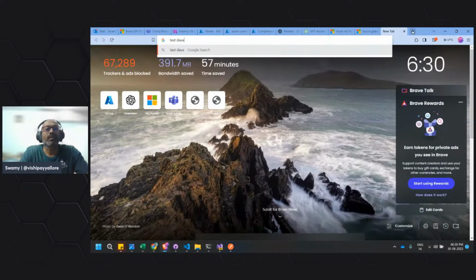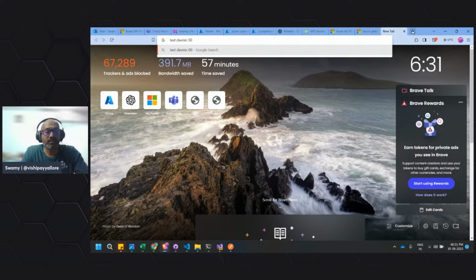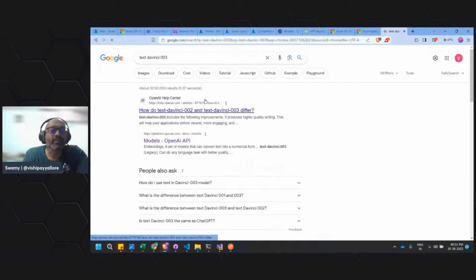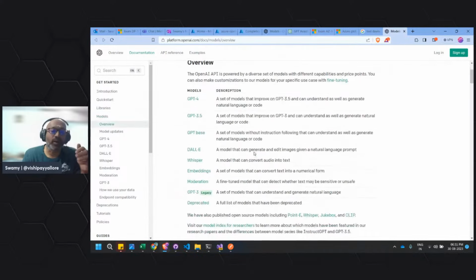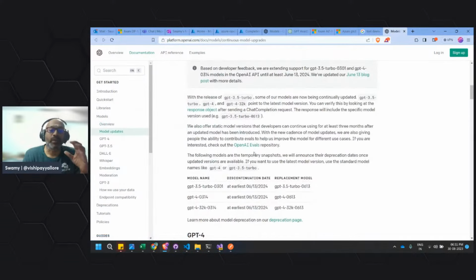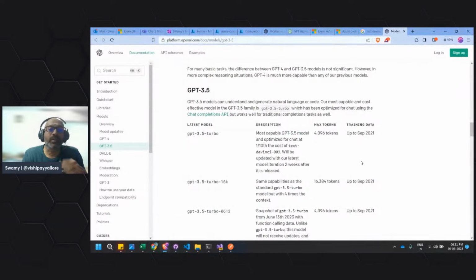Okay, so this is the one. So text DaVinci 003. Before we do this, we need to understand some of the very critical things, like what is the max tokens we need to do when it was trained. We need to understand this one.